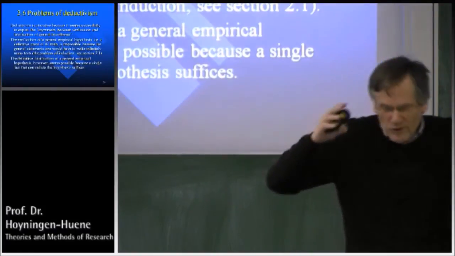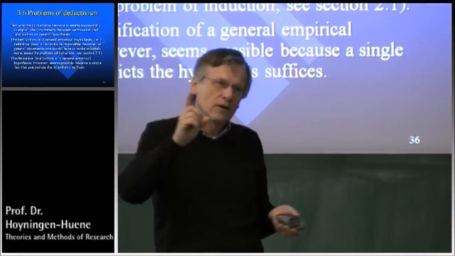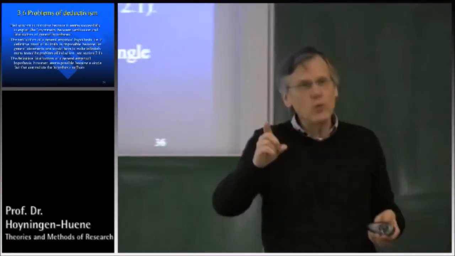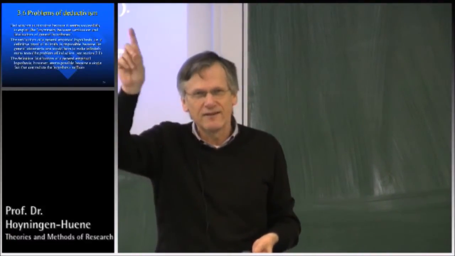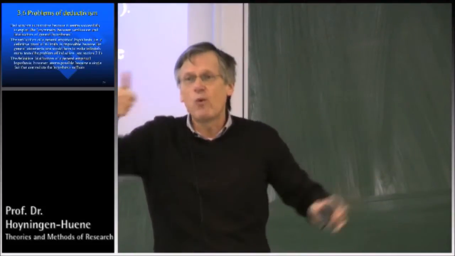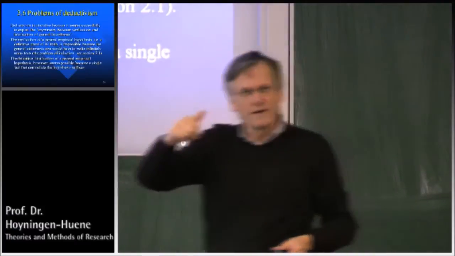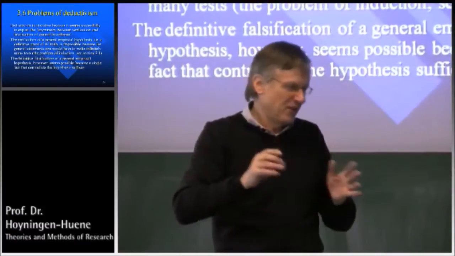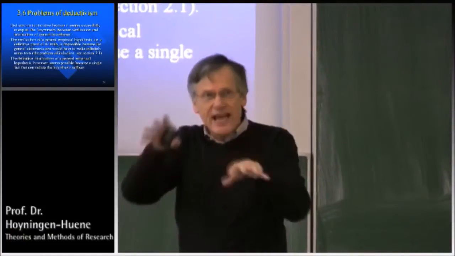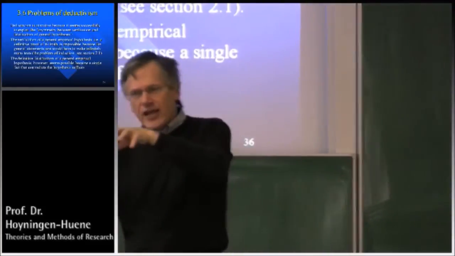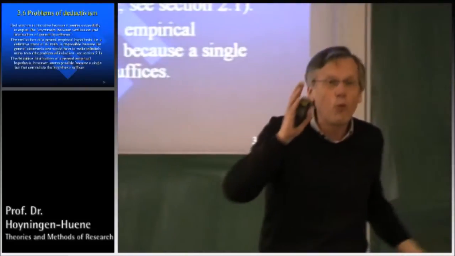But if you want to falsify the hypothesis, it means you have to find one single swan. So what do you do? You buy a one-way ticket to Australia, go there, look at that black swan and say, here you are. Hypothesis falsified by one example. And then you telephone back and save the money for the return flight. Okay, so you see the point. That's the asymmetry. For the verification, you need infinitely many cases, and for the falsification, you need only one.